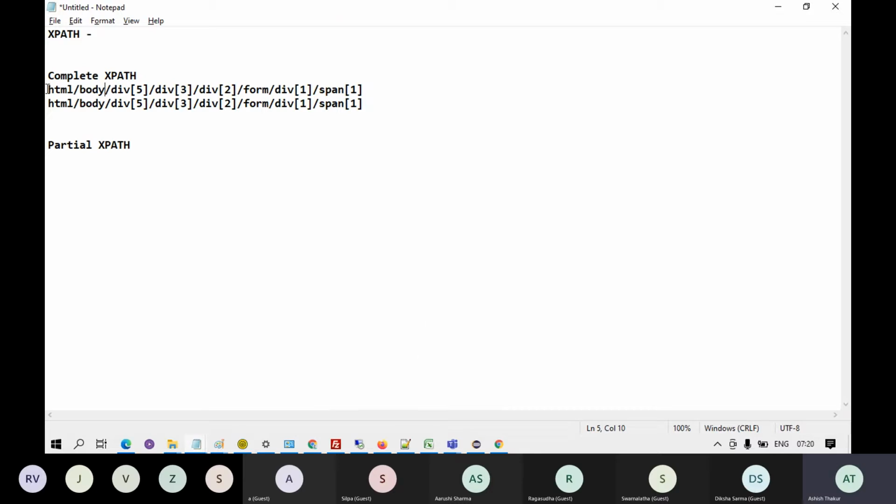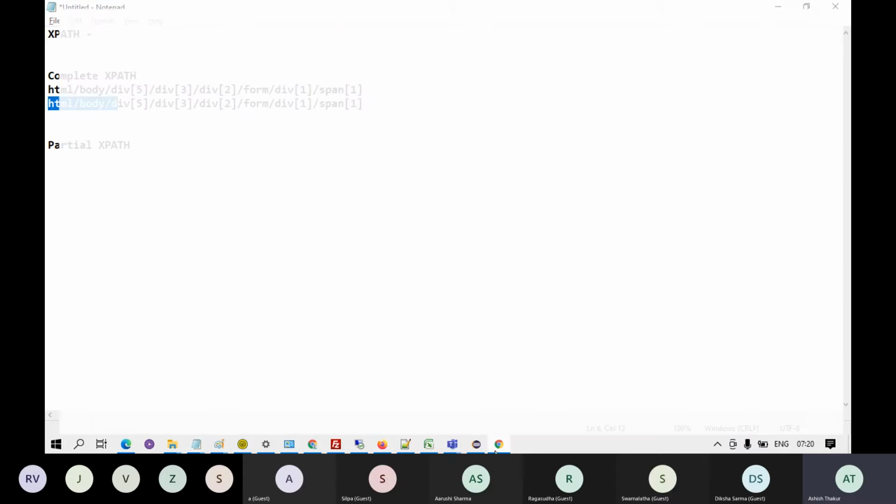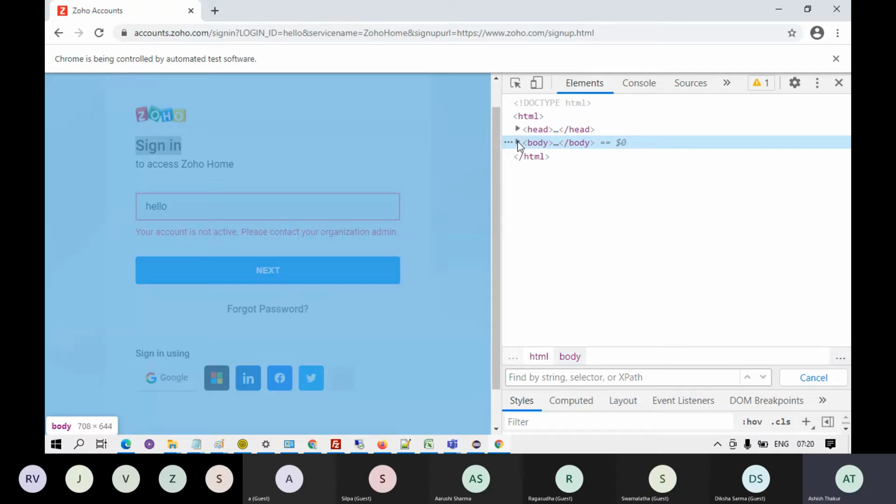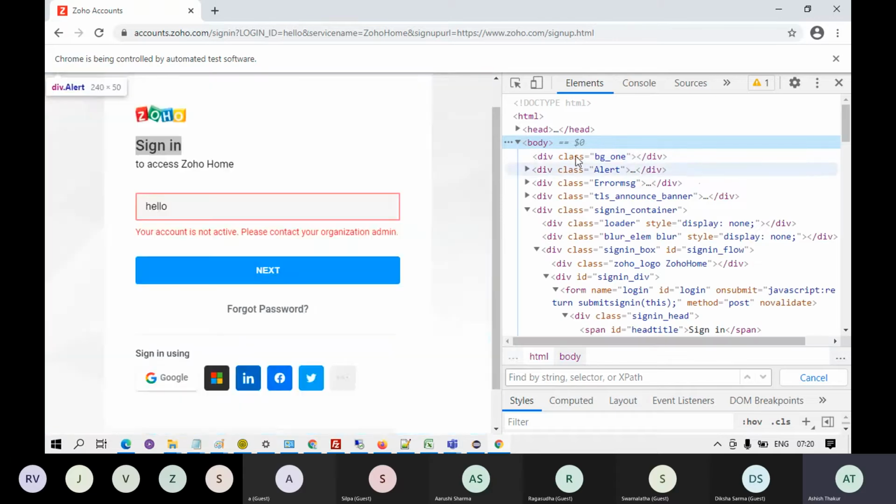Okay, because all the XPaths will start from HTML body, because these are the very starting tags. Okay, inside the body tag itself, everything is there generally. So if something gets changed right inside it, all the XPaths will get changed and it will be a problem. So we don't prefer to use this.